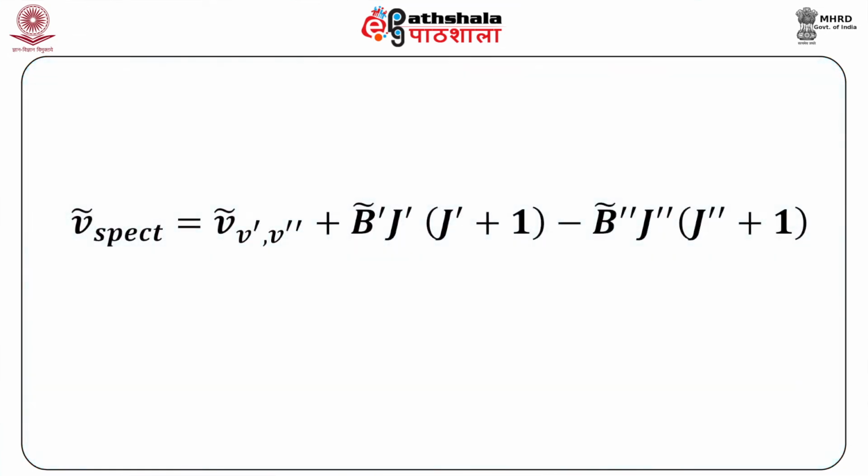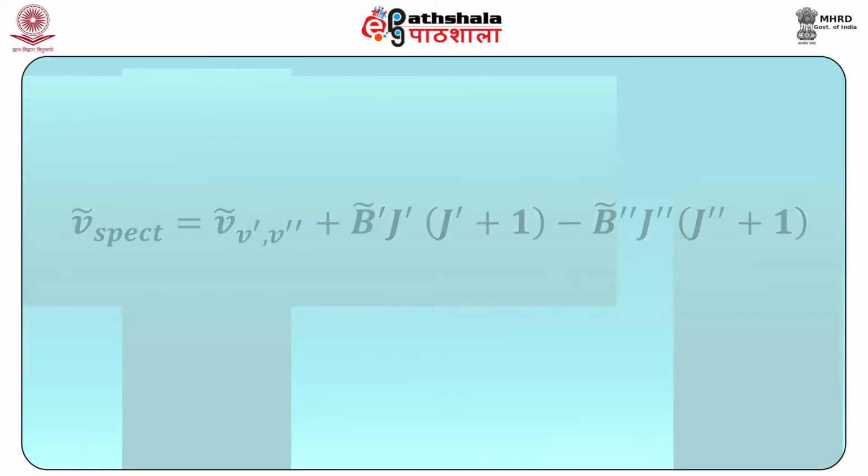cases. Therefore, the spectroscopic wave number of the photon is given by the wave number of the v prime v double prime transition, the vibronic transition, plus B bar prime J prime into J prime plus 1 minus B double prime J double prime into J double prime plus 1, where the two rotational constants with prime and double prime refer to the excited and ground electronic states now. Earlier when we used this notation, we were talking about the ground and excited vibrational levels. Now we are talking about excited states, and the wave numbers for the P and R branches will be as